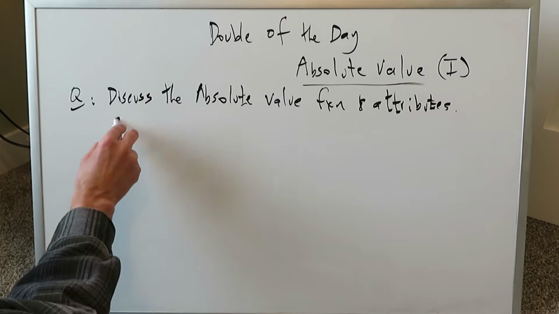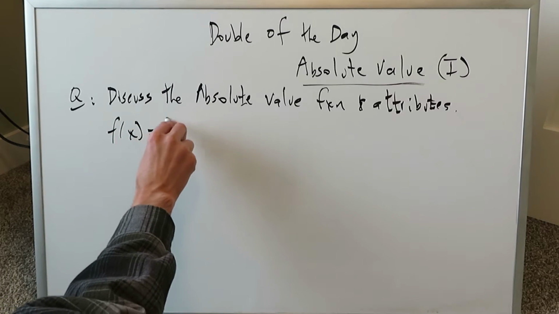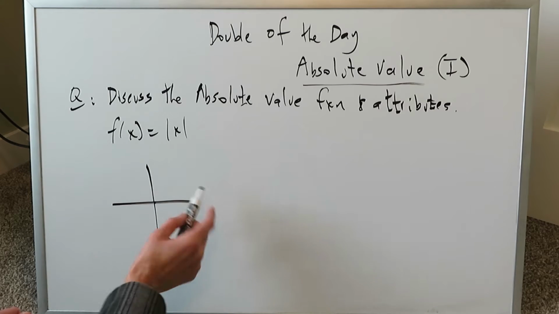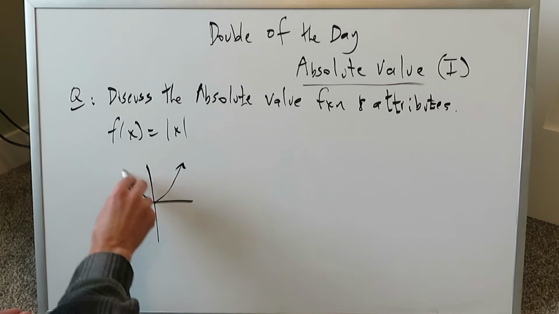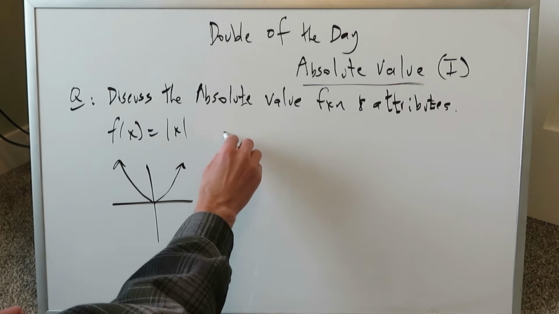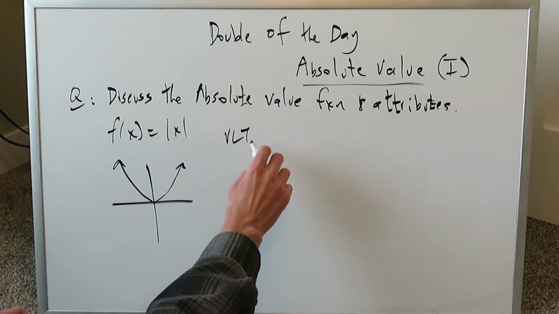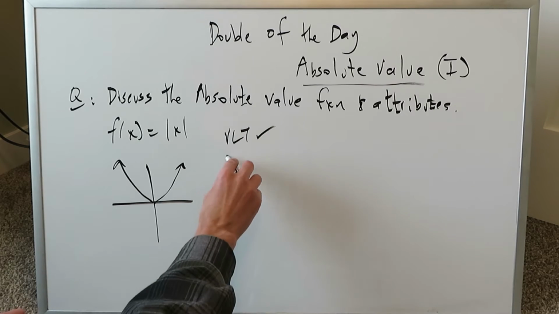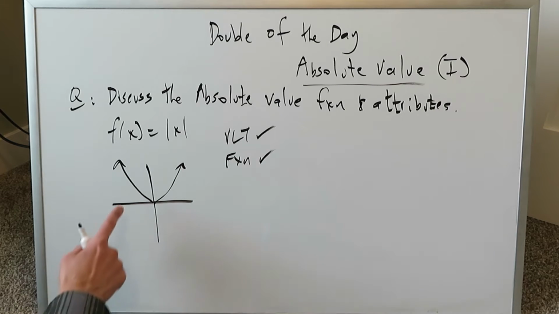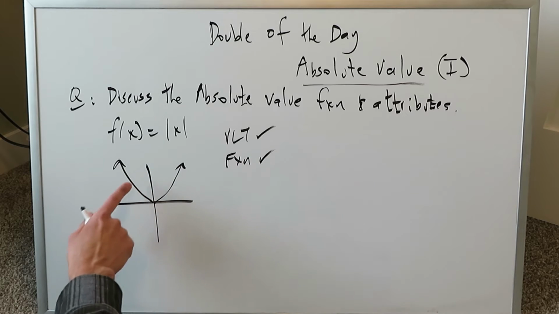The absolute value function is f of x is equal to this right here, absolute value x. When you're looking at this, you're thinking about a graph which you should memorize in terms of its presentation. It looks like this. It is a function because it very clearly passes the vertical line test, VLT. It's a function by true means because it clearly passes that vertical line test. For each x-axis value, there'll always be a single corresponding y value. Okay, so that's the two main attributes of the absolute value function that you should know of, and the graph